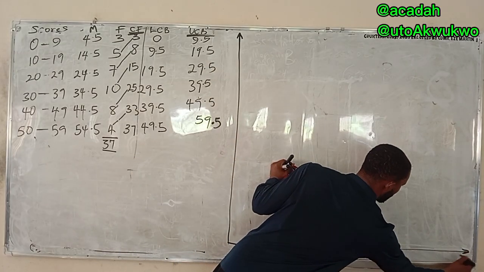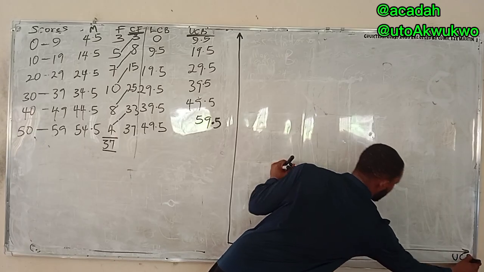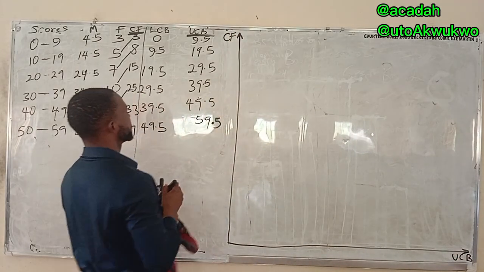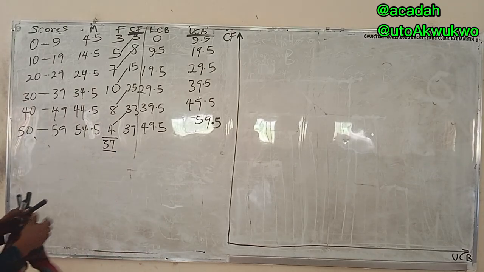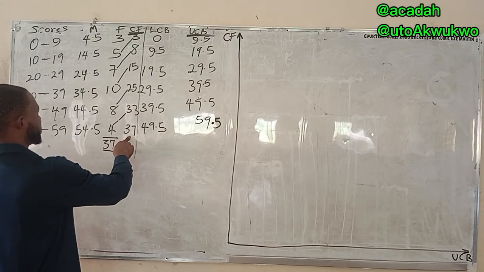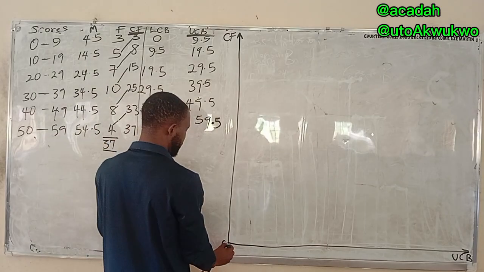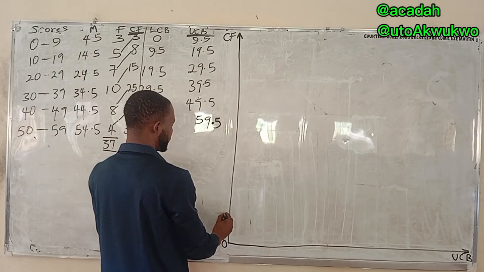All those ones fall under measure of dispersion. So this is going to be done using upper class boundary. This is going to be done using cumulative frequency. So I notice the highest point here is 37. So I can do it with 5, 5, 0. Let's go with 5,